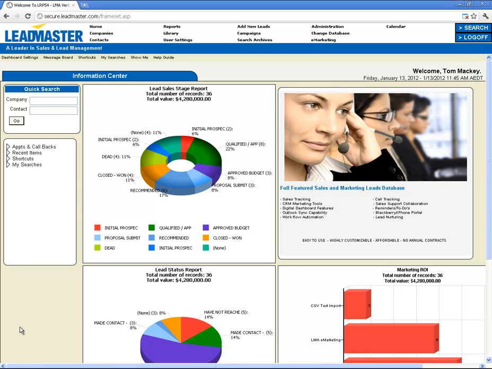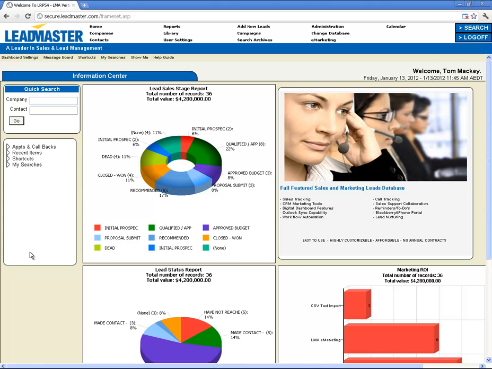To begin, let's have a quick look at the dashboard. You can see on my dashboard it is quite busy. We have a number of dashboard reports that I've saved there so I can quickly and easily see relevant information to my company. Furthermore, on the left I have a few drop-down boxes which should be standard on every single